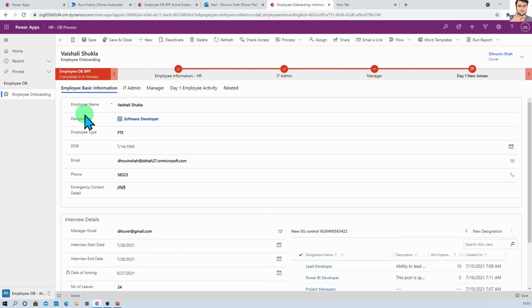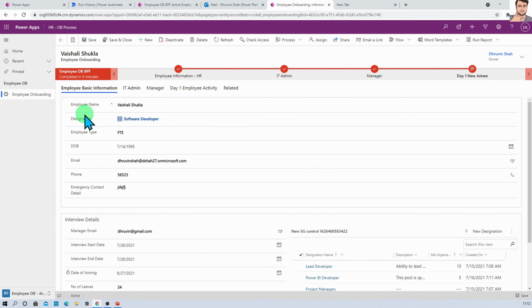That is something which we will cover in the next session, but hope so far you are good with me and you got a clear idea of how the different role based notification works in model driven app, and how specific role people can fill their part of the fields, submit and complete the onboarding process. So this is a very basic level model driven app that we have created throughout this entire session journey.